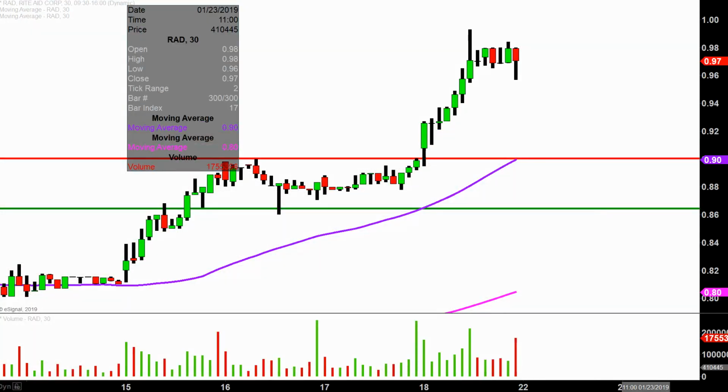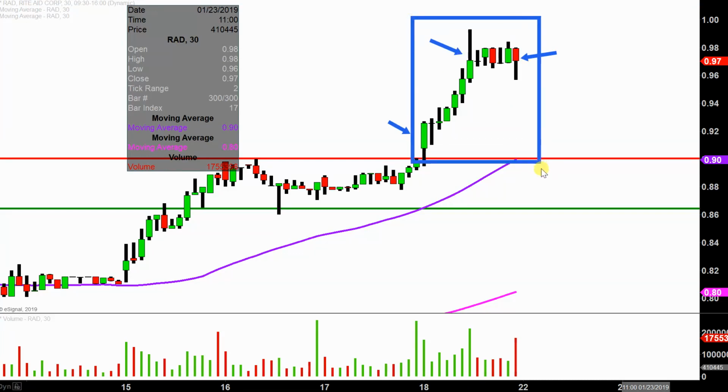We will take a look at the 30-minute time frame. Real quick, what do I mean by 30-minute in case maybe you're new to charts? Instead of each one of these candlesticks here representing 1 day's worth of price action, which is what you would normally see, each one represents 30 minutes. While this here may look like several days worth of time, it's actually today's price action broken down into 30-minute